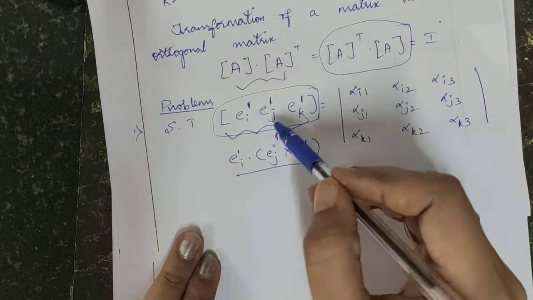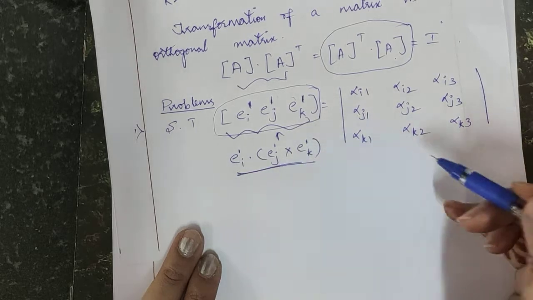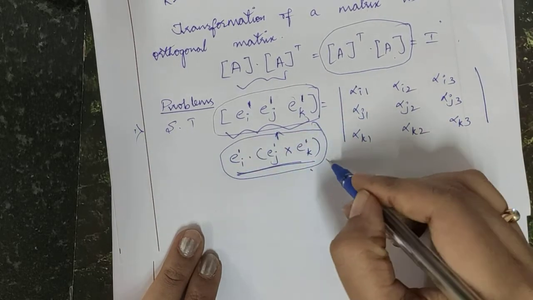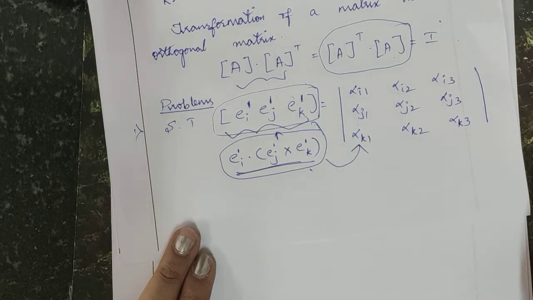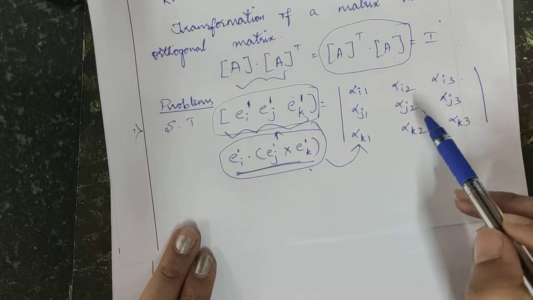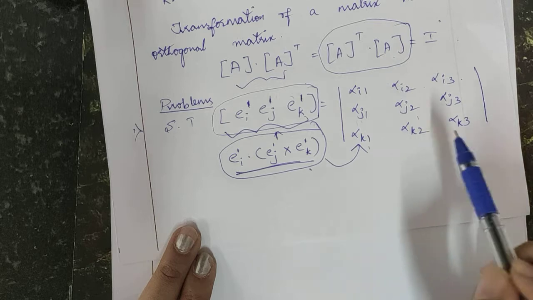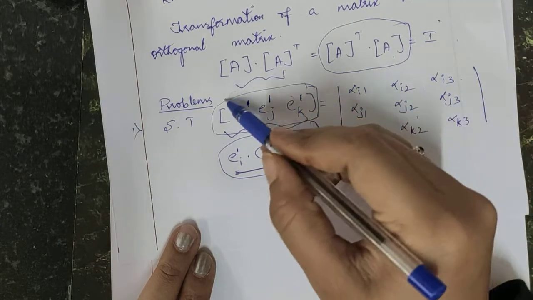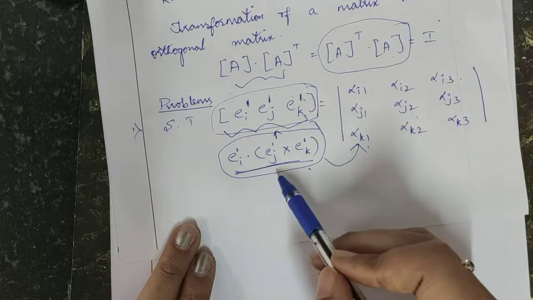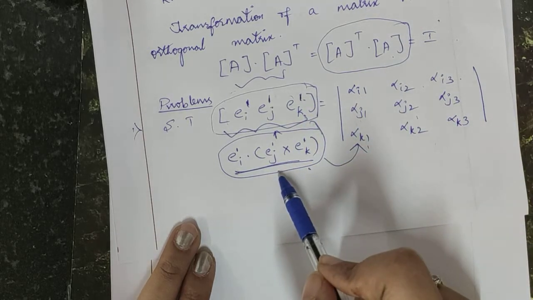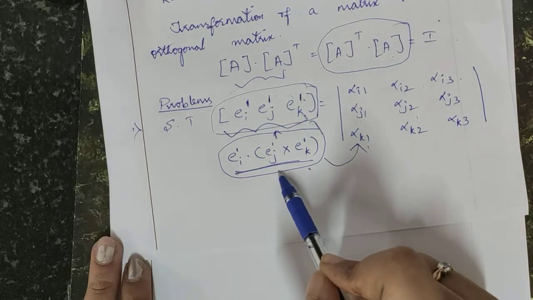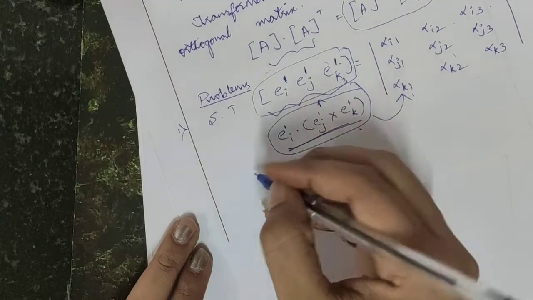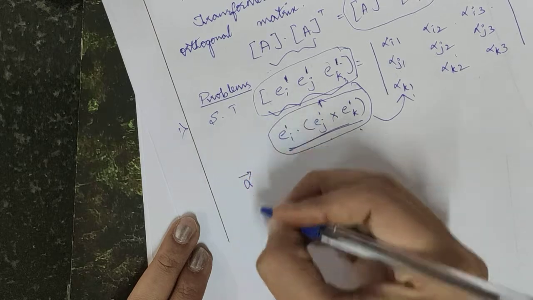So now if I prove this is equal to this, then I can say that this whole thing is nothing but the determinant of alpha I1, alpha I2, alpha I3, alpha J1, alpha J2, alpha J3, alpha K1, alpha K2, alpha K3. So what I will do is I will consider my LHS part. From that I will prove this. Okay. So now in order to prove this, first I will consider a vector A.